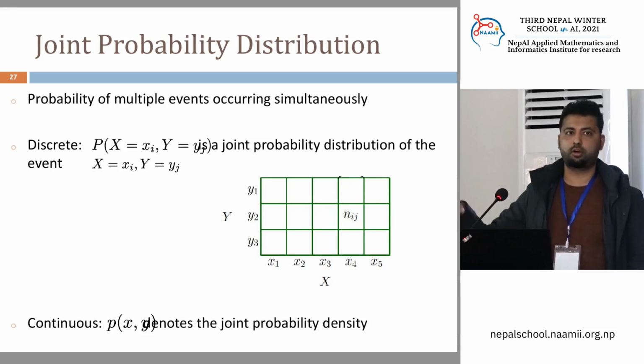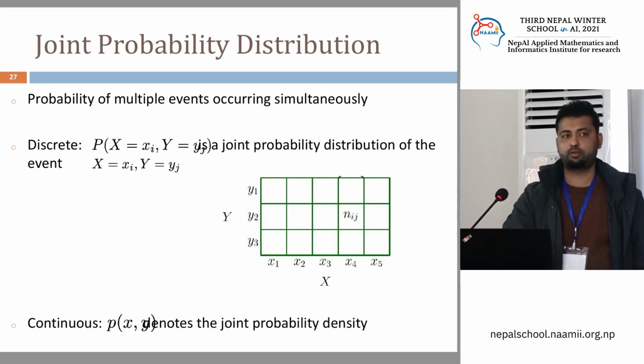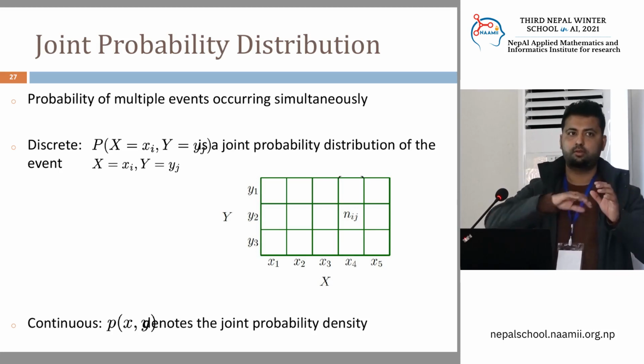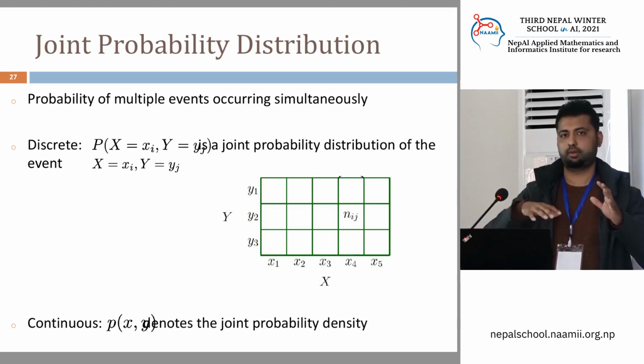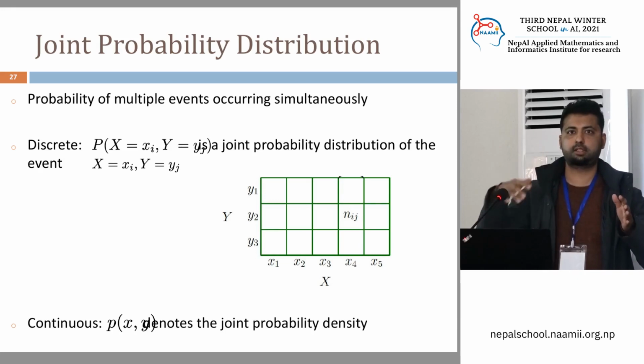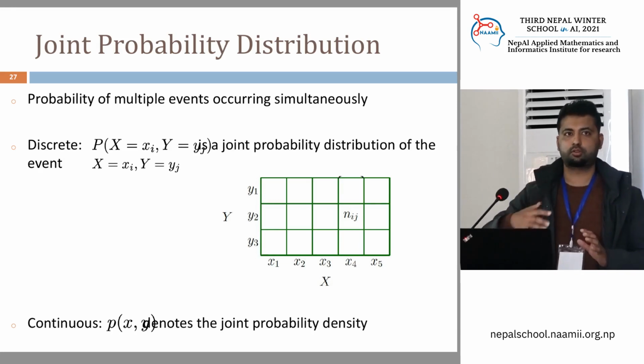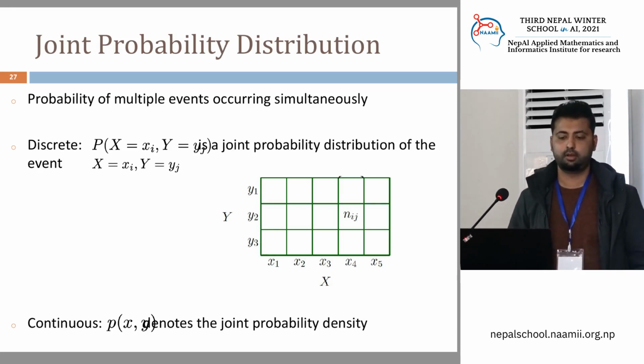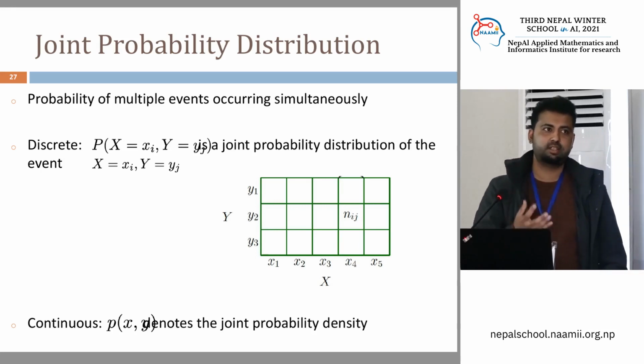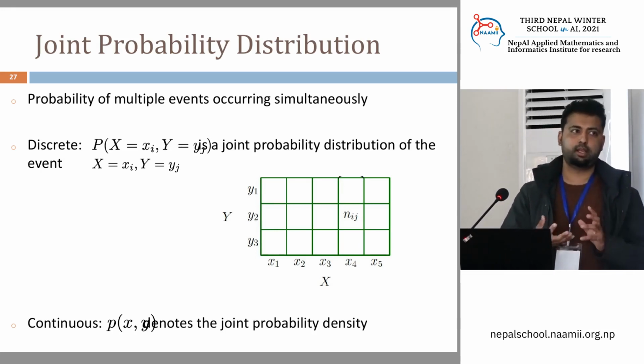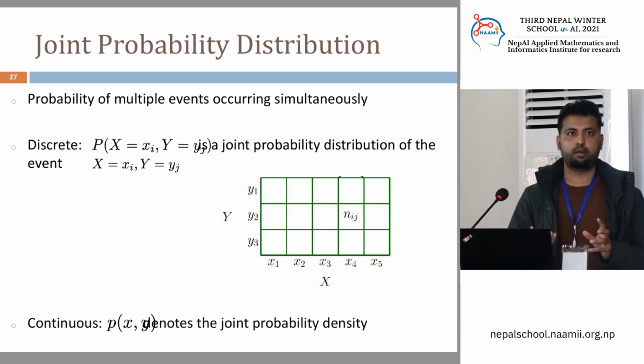So this is just a curve. When you have a joint probability distribution, you are talking about two events, one on the x-axis and one on the y-axis, and on the z-axis you have this surface. So you're talking about a surface which denotes the density again. If you want to find the probability of a certain event around a certain point, then you need